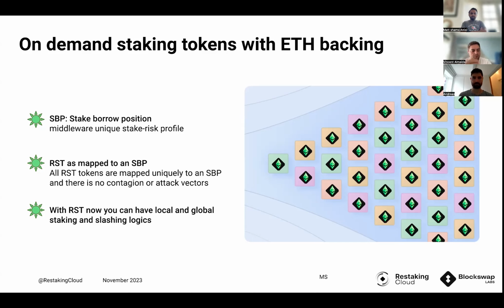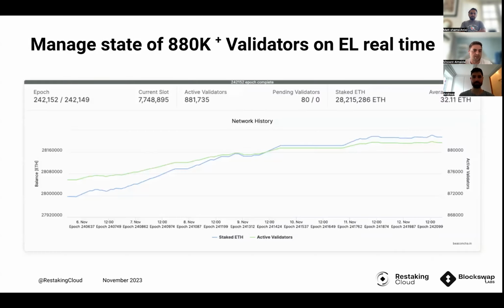Right. Okay. So what you were saying as well is you can have local level slashing. These RSTs could support any kinds of new applications, and the RSTs could be staked to run additional software for a network, and you can have local level slashing if you wanted to. You can also use this to bootstrap an application, and this could be the token that gets converted into some kind of a native token later, potentially, or it can sit side by side. So we can get into that, but